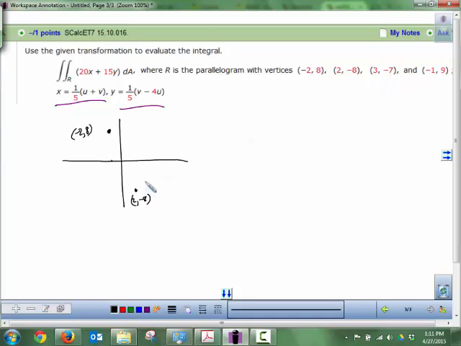And negative 1, comma 9. It's supposed to be a parallelogram. So this is our region R,